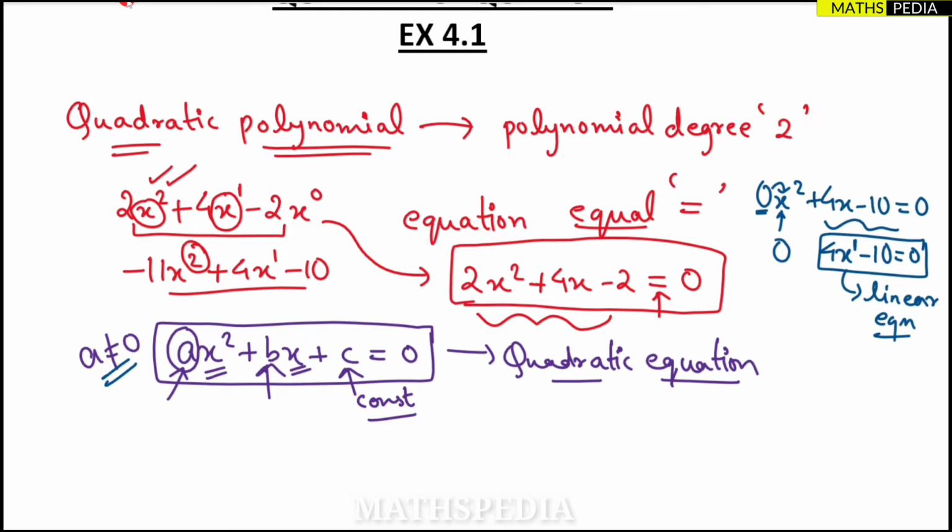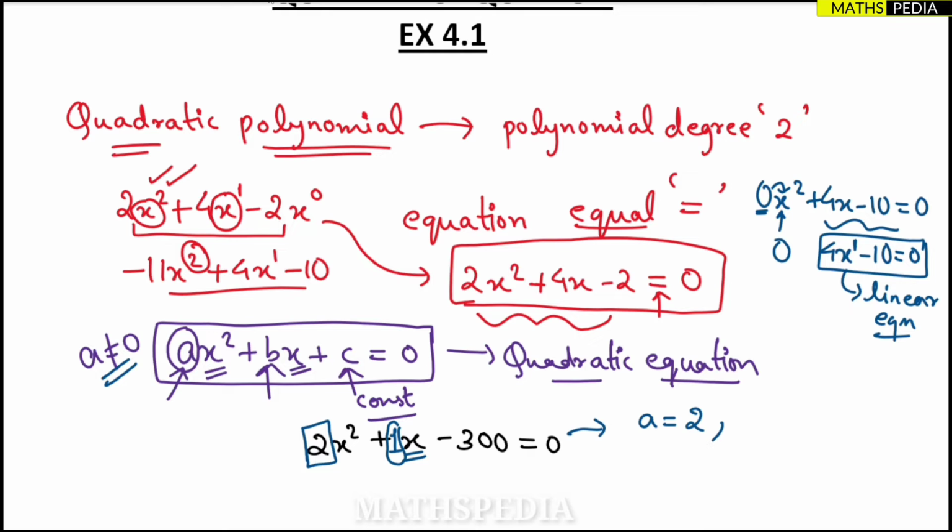Now let us take one example and understand a, b, c. So 2x square plus x minus 300 equal to 0. So in this you have to tell the a, b, c values. Okay, so this is the quadratic equation. In this, what is a? a is nothing but the coefficient of x square, which is 2. b is the coefficient of x. Here we don't have anything, we can just put it as 1. Always remember, put it as 1, not 0. Okay, so whenever there is no coefficient, you have to put it as what?